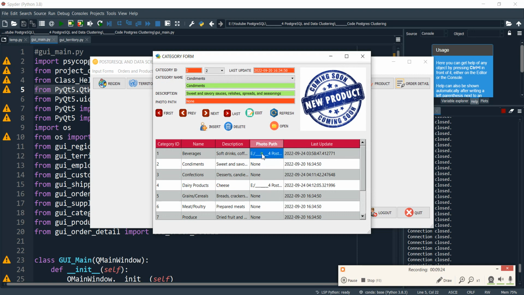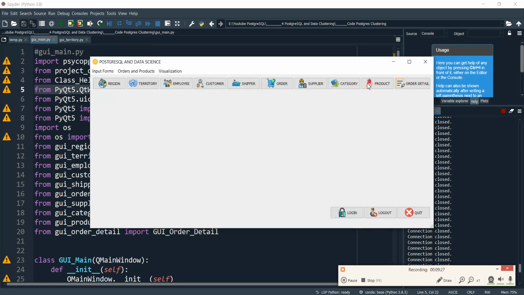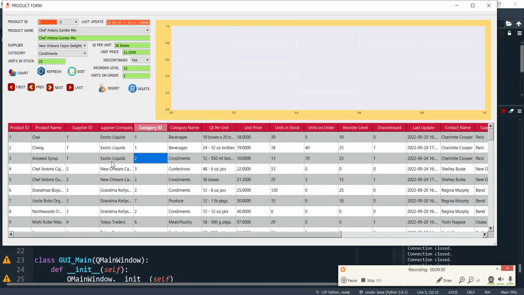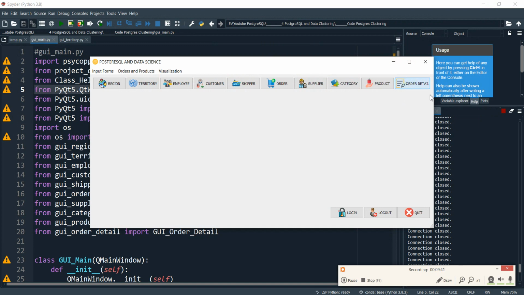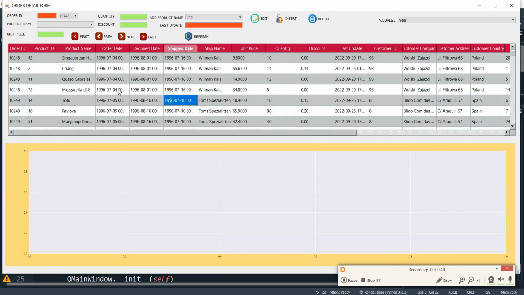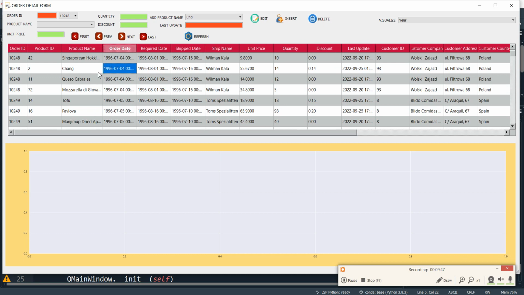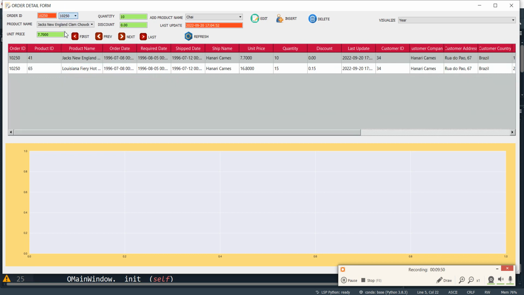Category, and this is product. You can see distribution of product category, product city, and product country. And the last one, order detail. You can see a certain order ID with every item in the order ID. And you can add, edit, insert, and delete. And you can visualize